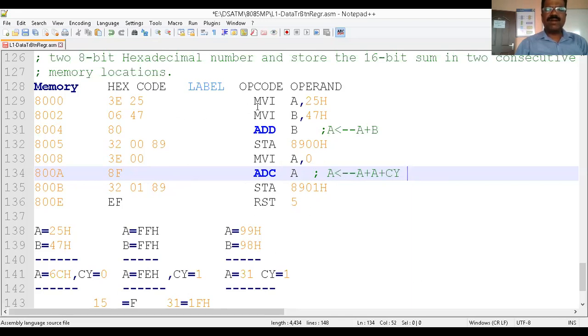We know that it's a 2-byte instruction. Therefore, this is 2 byte. This is 1 byte. This is a 3 byte instruction. It's a 2 byte instruction. It is 1 byte. This is a 3 byte instruction. It is 1 byte. Okay. You can see the address here. I'm going to enter this program starting from 8000. Okay. I'm going to show the demo here.